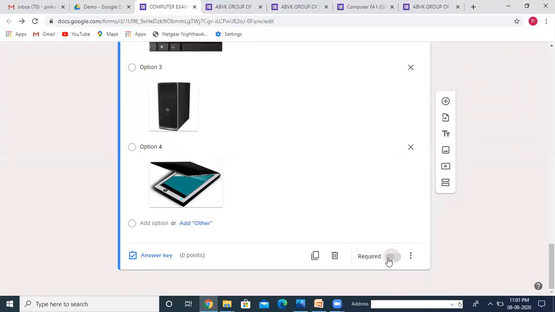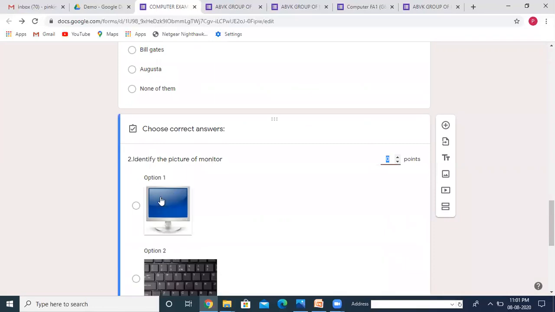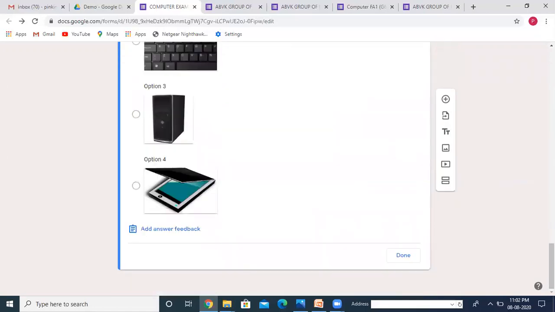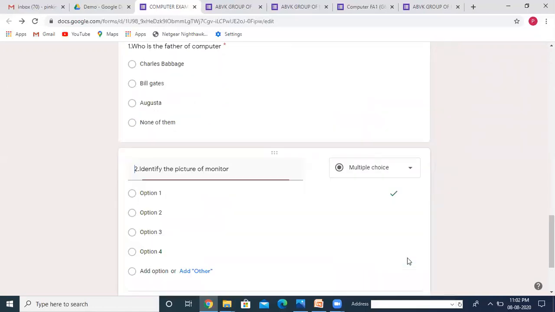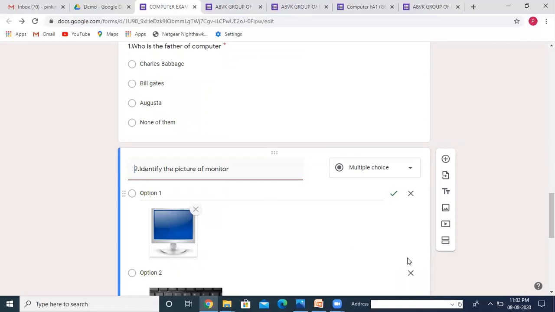Here required. Again answer key. Identify the picture of a monitor. This one I took. I make it 1. Then done. Okay. So now let us see the preview of the form so that we can clearly know how to